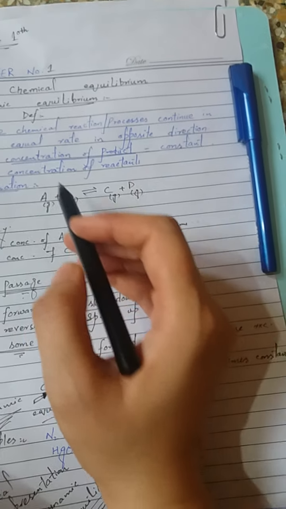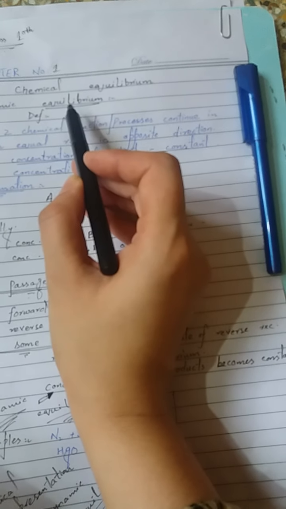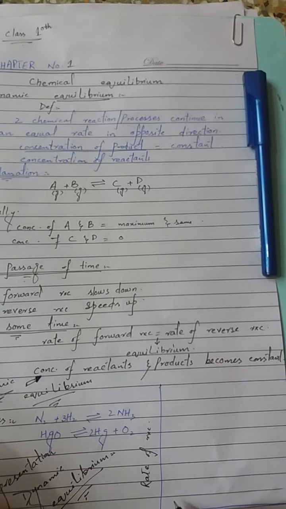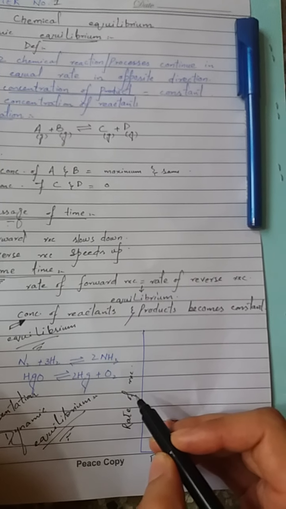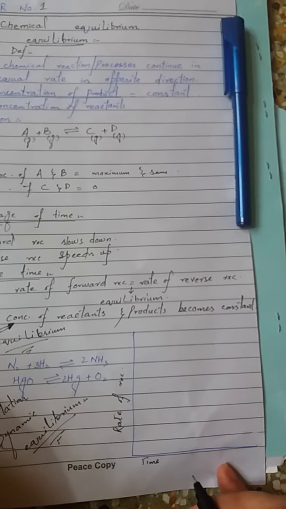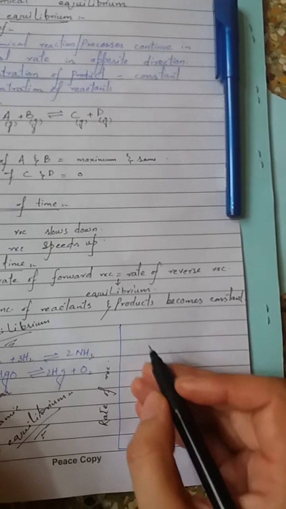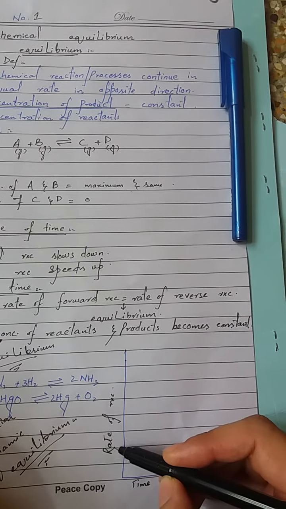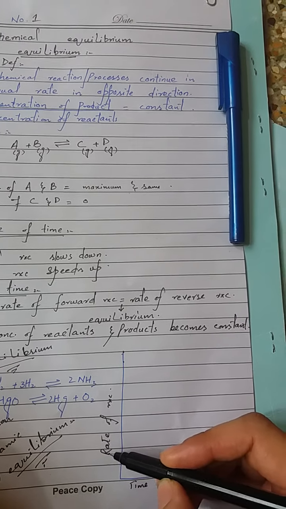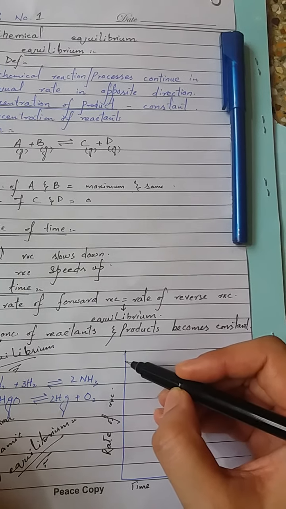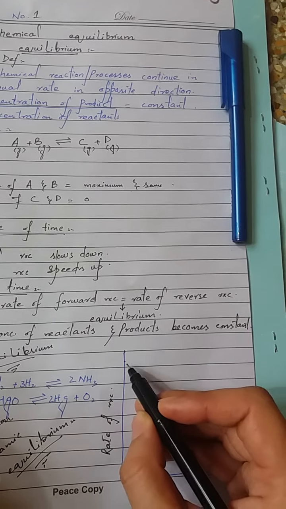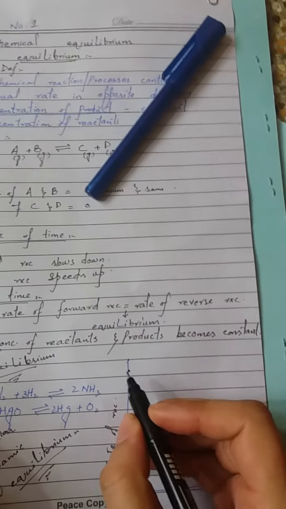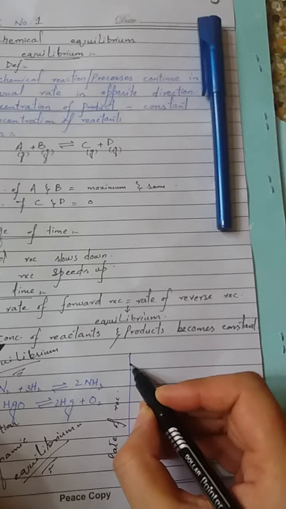In order to study the graphical representation of dynamic equilibrium, we plot a graph between the rate of reaction on the y-axis and time on the x-axis. Here, the concentrations of reactants and products are directly proportional to the rate of reaction. So the rate of reaction is directly proportional to the concentration of reactants and products. So here, at the initial stage, the concentration of reactants